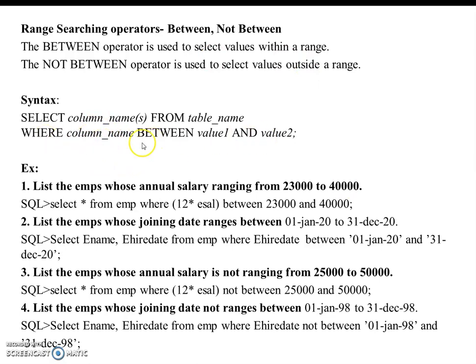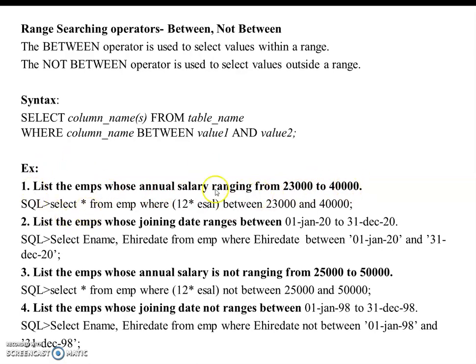The syntax is almost similar for both operators. For BETWEEN and NOT BETWEEN, you just need to replace BETWEEN by NOT BETWEEN. The syntax is select column name from table name where column name between value 1 and value 2. Here you need to specify value 1 along with the AND operator and value 2. Let's have one example: find the employees whose annual salary ranges from 23,000 to 40,000.